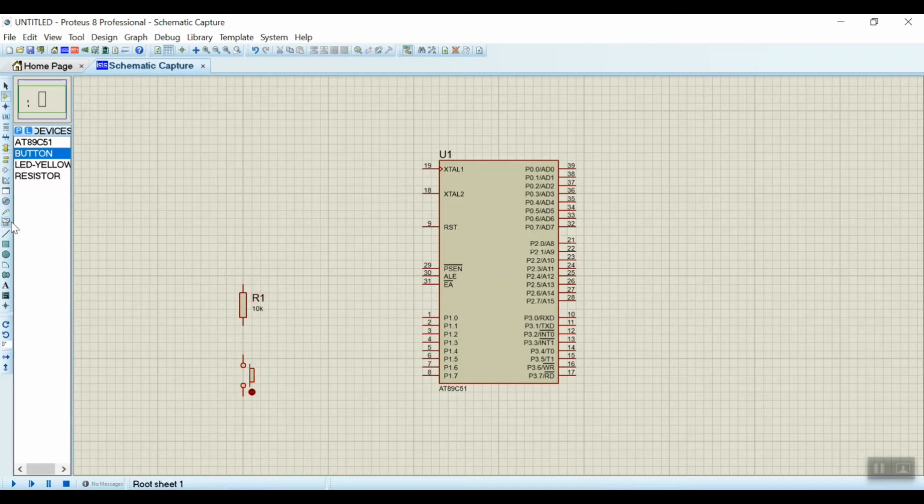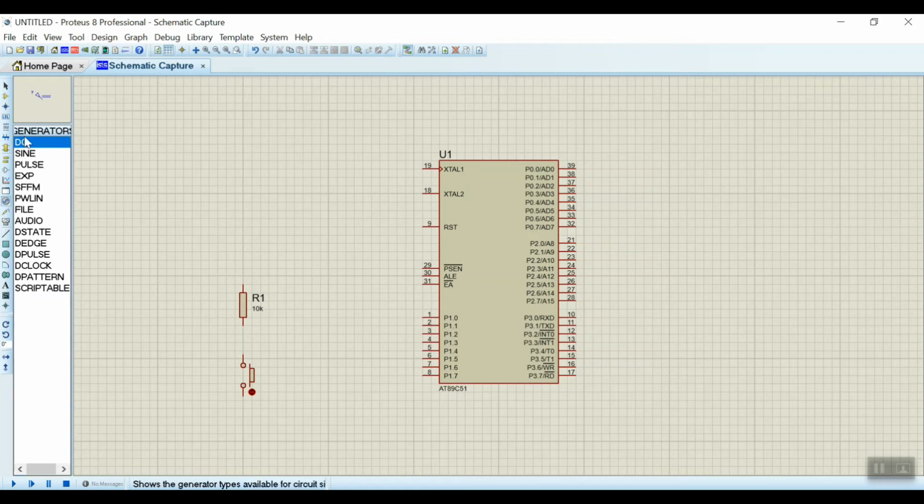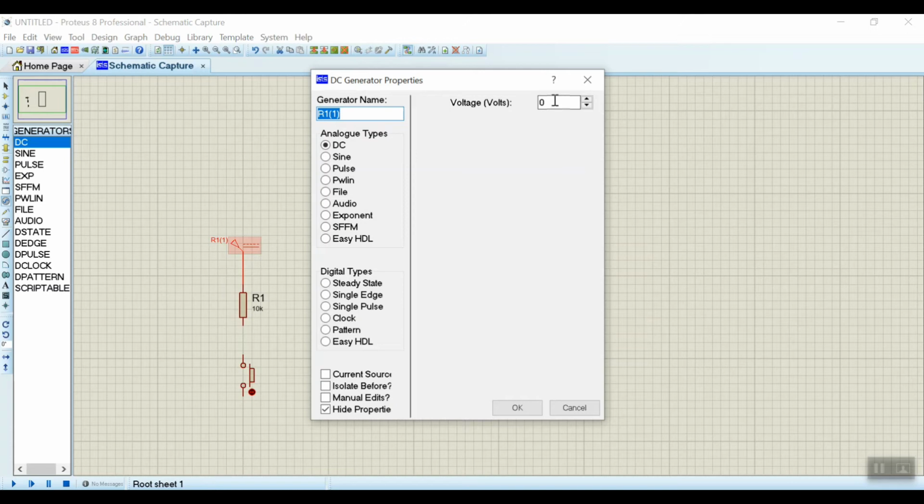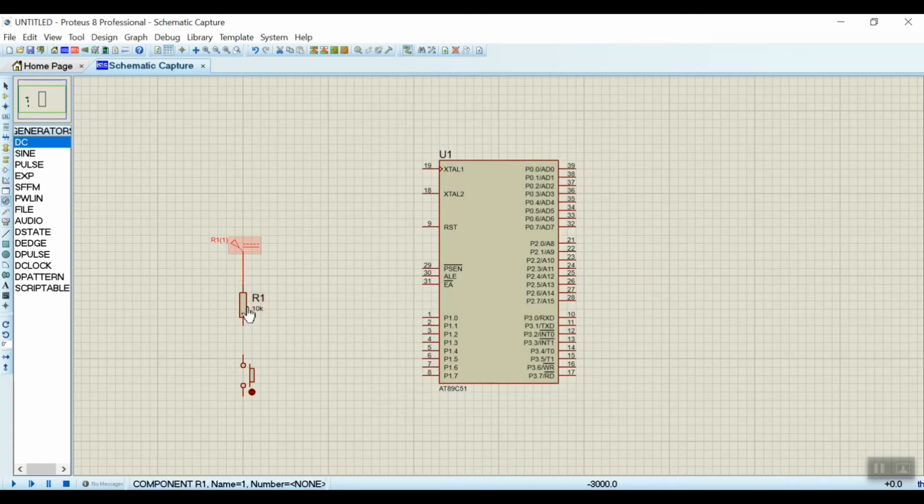Here I am designing a particular, let me take the DC input. I am designing a pull-up circuit. So I am connecting a 5 volt. This is DC generator. Double click on that and in voltage just write 5. So 5 volt is connected with the 10K resistance.